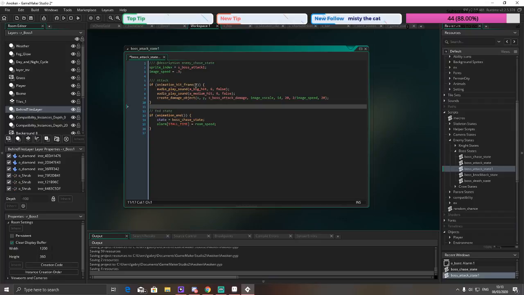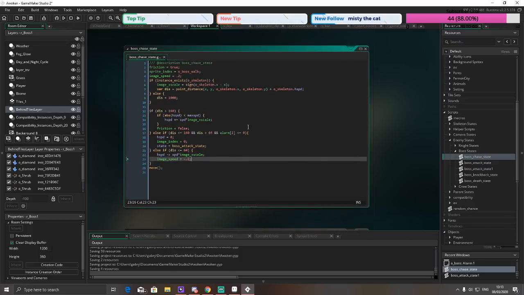So we'll change this to 13, like so. And now we've got to basically activate it. So currently what happens is if distance is bigger than 160, then it's just normal friction, blah blah blah. But if it's smaller than 160, there's this attack speed. Else if